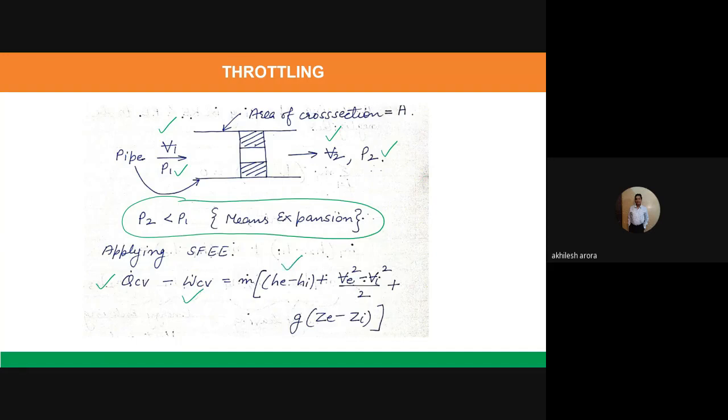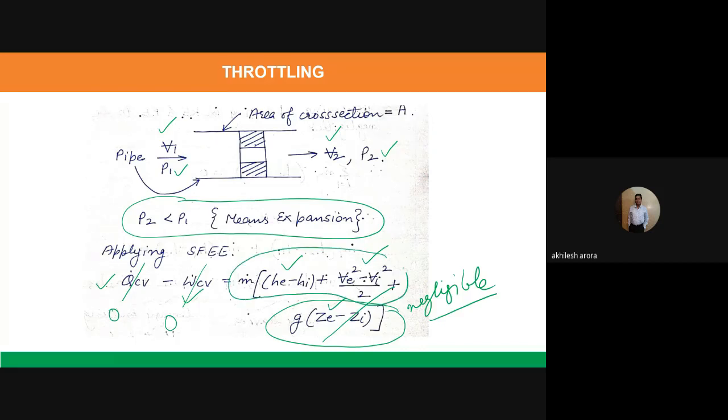As I told you, there is no heat transfer. The process is taking place under adiabatic conditions. So I can say that this value is 0. Then there is no work transfer, so this also goes. And then what I can consider is that the changes in potential energy are negligible. So I am considering that this term is negligible, so I can cut it also. So I am left with only these two terms. So let us see the next slide.